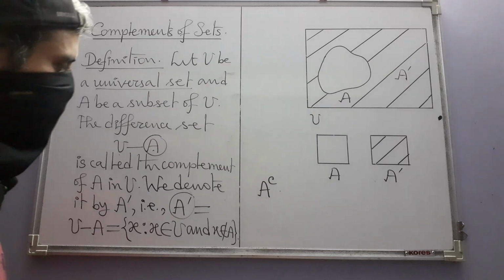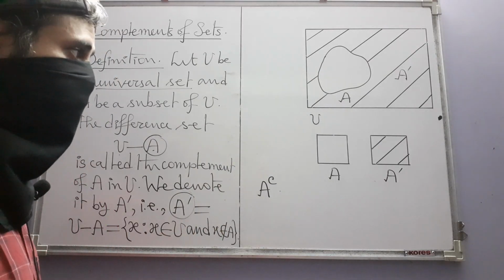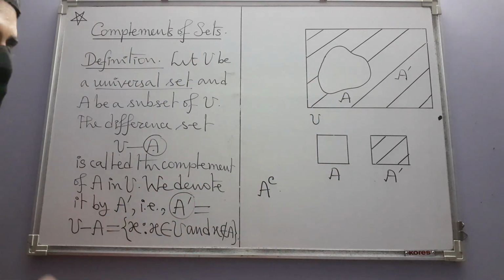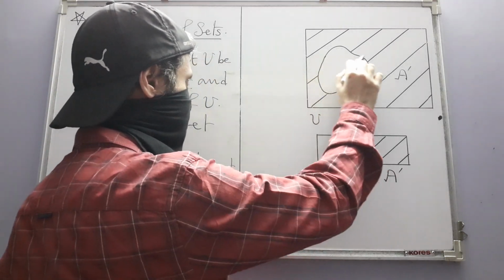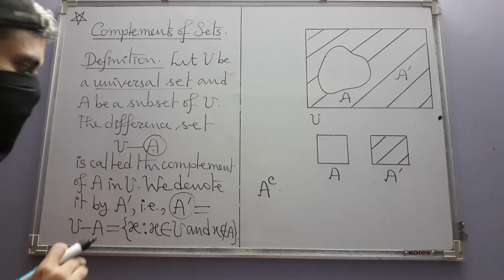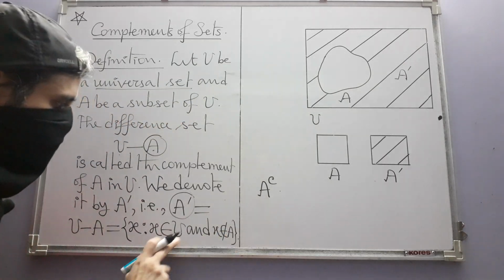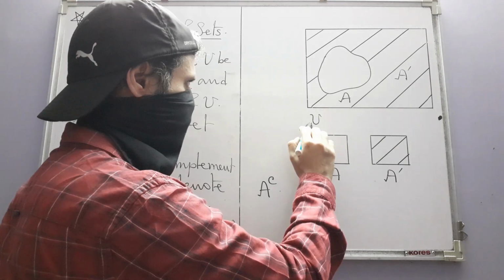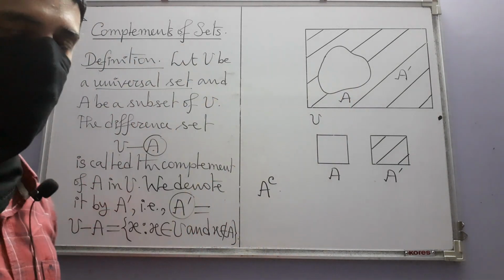And next comes the Venn diagram of this thing, complement. So U as usual is represented by the rectangular region that you can see here, and A also is represented by the region bounded by this simple closed curve. So that means A prime will be the set of those elements in U which are not in A. That means the region in U which lies outside of this region,